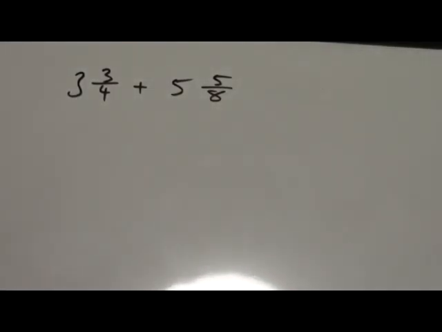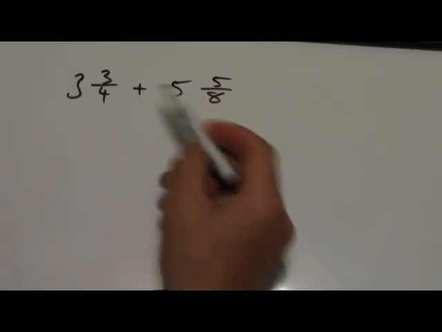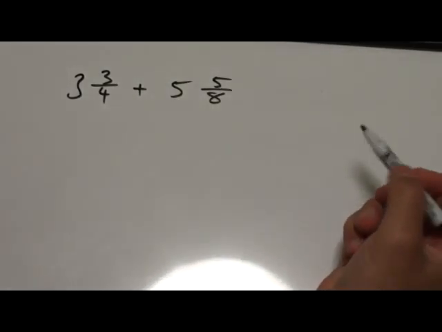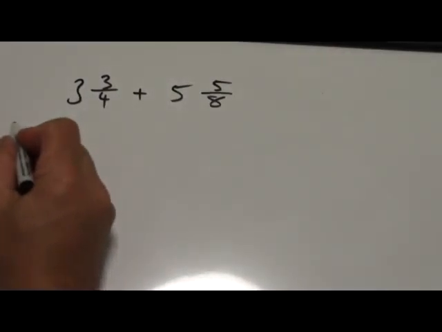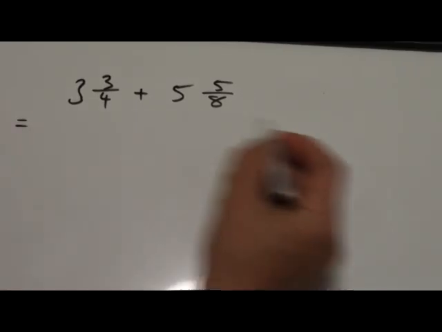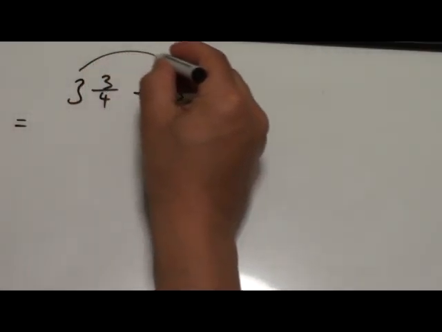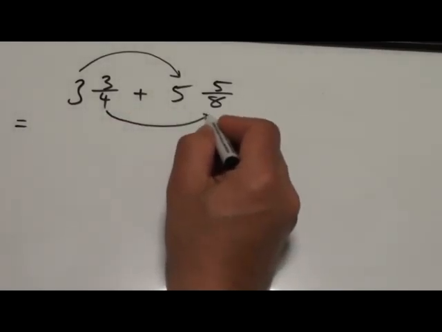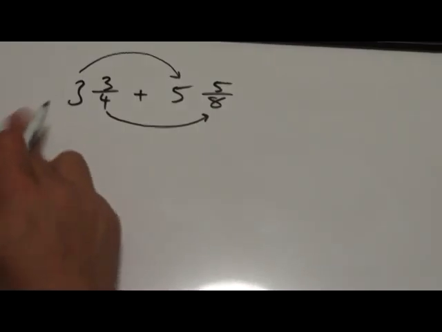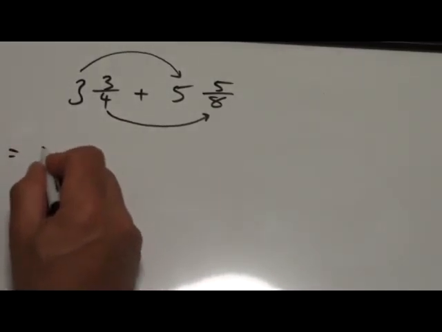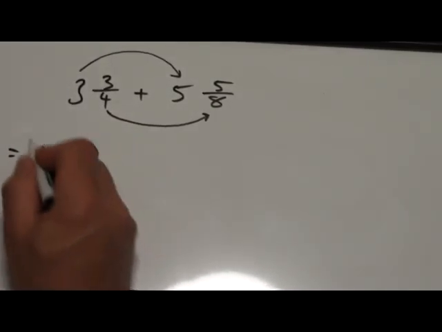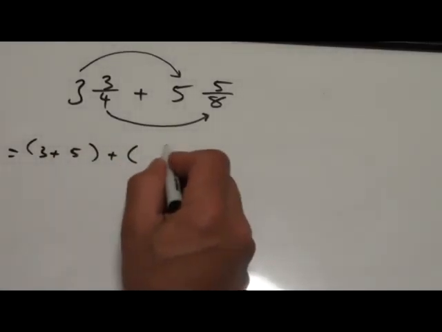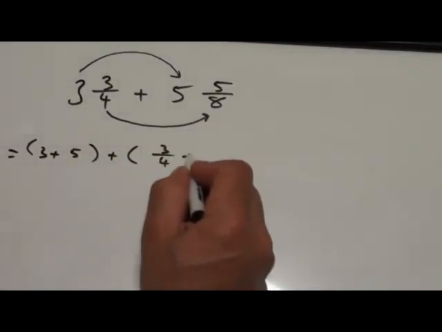So let's try adding these two mixed numbers. We've got 3 and 3/4 plus 5 and 5/8. In adding these two mixed numbers, there's a couple of ways, as you know, we can do it. We can first of all add the two whole numbers, and then we can add the two fractions. So in doing that, we've got 3 plus 5 for the whole numbers, plus the fractions, which is 3/4 plus